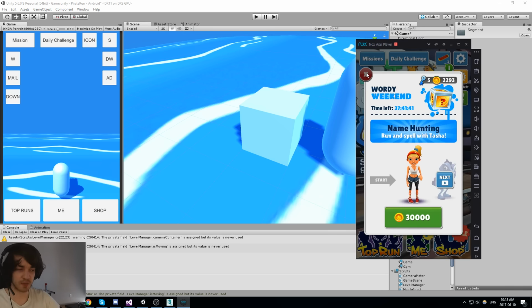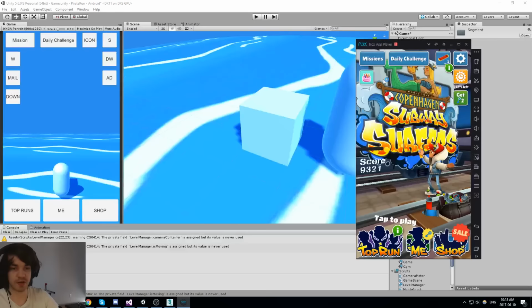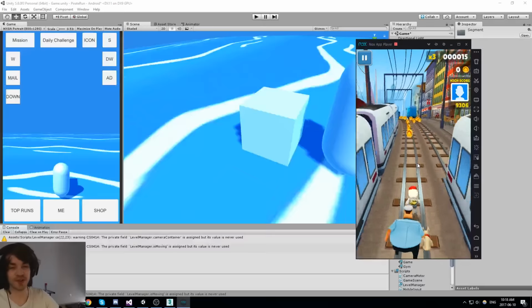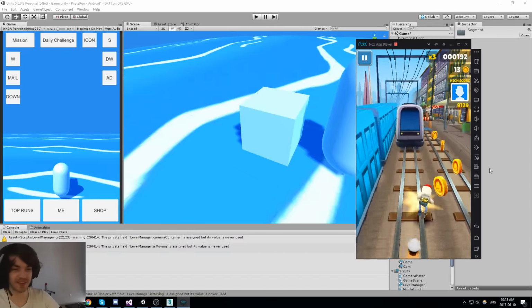Yeah, this is an emulator. It's called Nox. I actually run everything on that. So when you guys send over games for me to test out, I run them on my emulator because I don't want to get infected if there's a problem with your app, something like that.